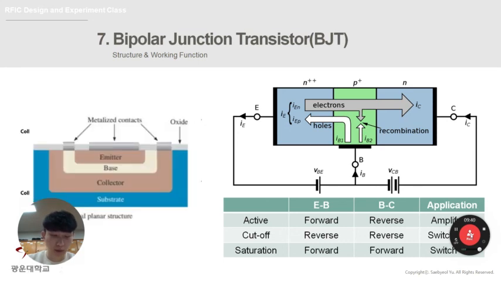There are 4 modes available depending on how voltage is applied at each terminal, and 3 of them are frequently used. Active mode uses the BJT as an amplifier by applying forward bias between emitter and base and reverse bias between base and collector. The other two modes allow for